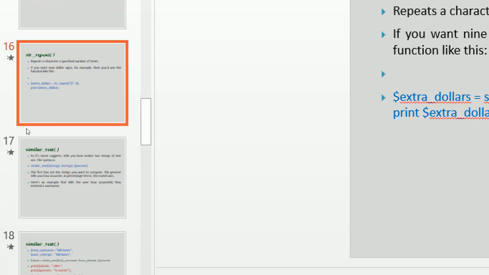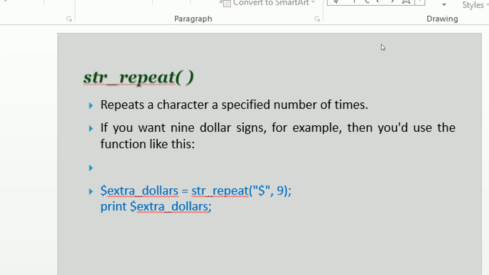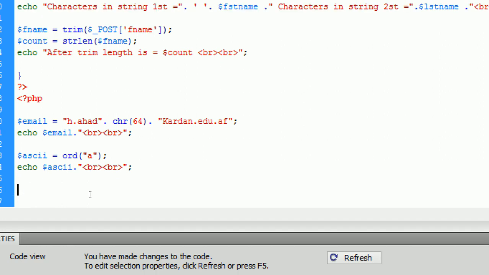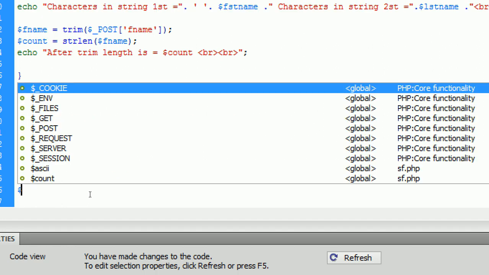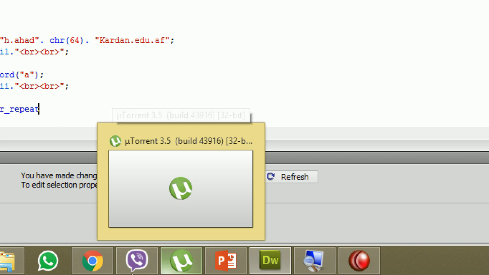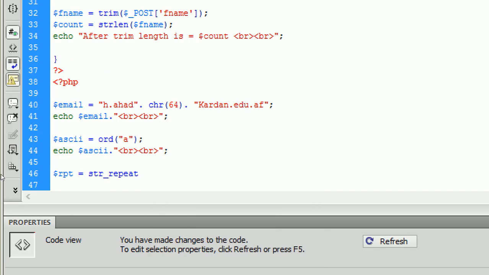Okay. Now the next function is the string repeat function. Clear? If you want to print something a specific number of times, we will use the string repeat function. That is very much easier. Look at here. I'm defining one variable with the name of RPT, repeat. Clear? And that is equal to str underscore repeat, string repeat. Repeat the string. So in the parameter,